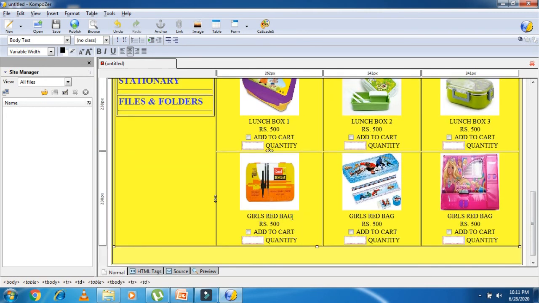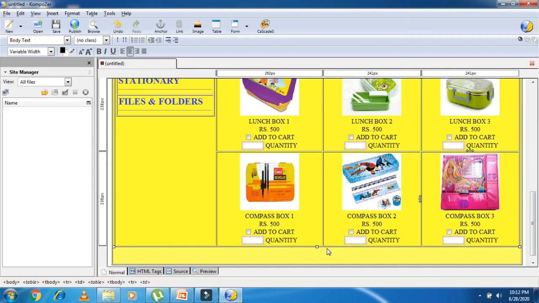Here I'm writing compass box 1, here compass box 2, and here compass box 3.